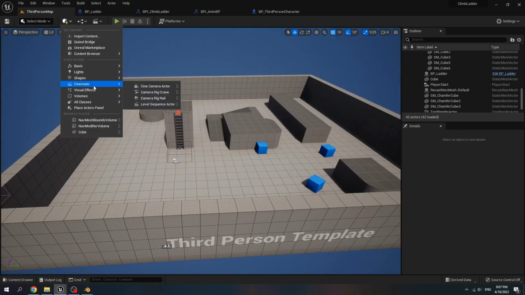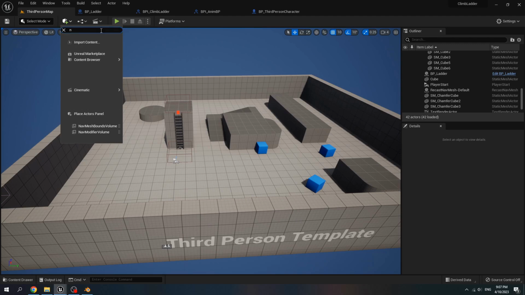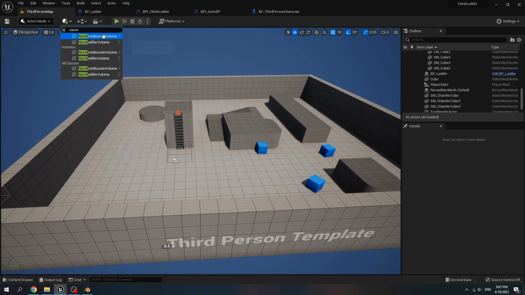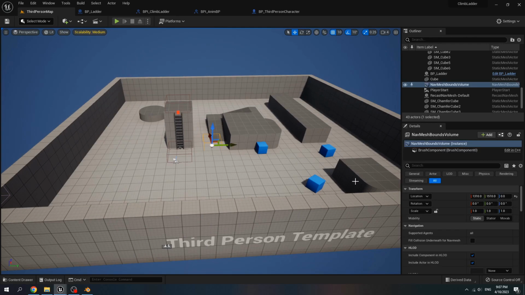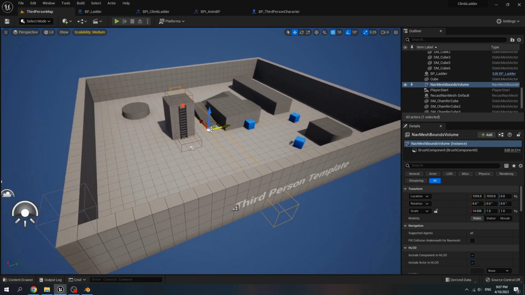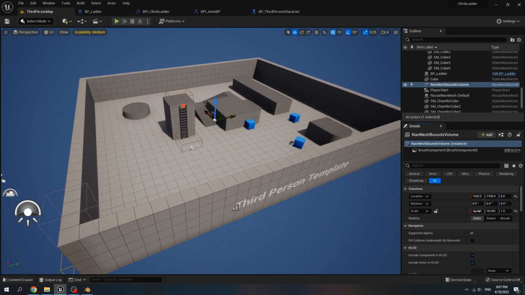Click on add, then search for nav mesh bounds volume, drag it inside the scene, then scale it until it covers the whole scene. Move it a bit, scale Y, X and Z until it covers the whole scene.